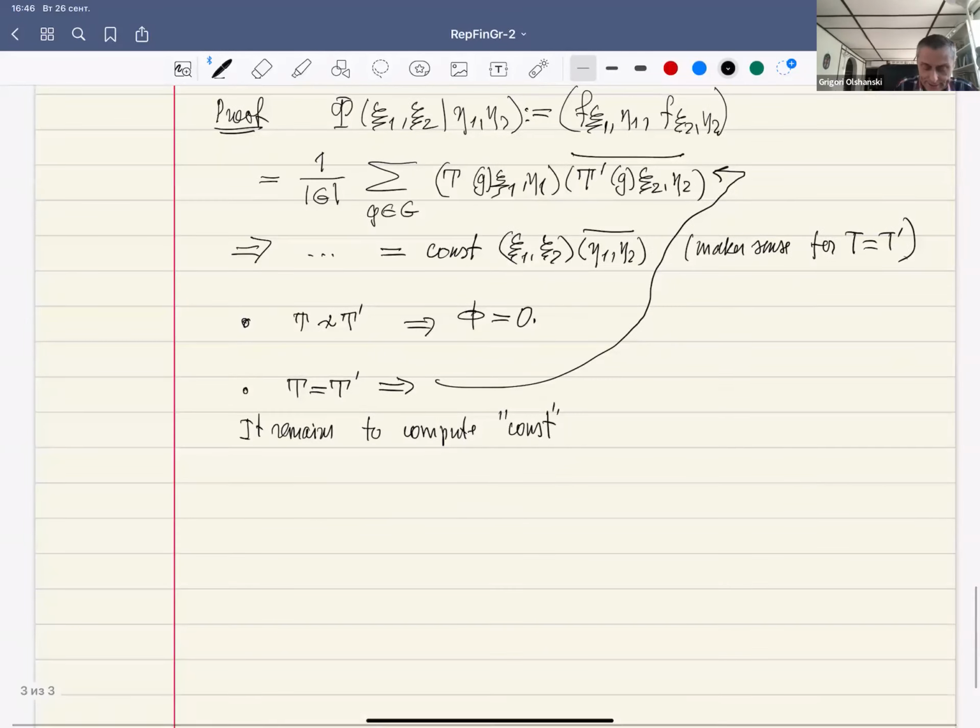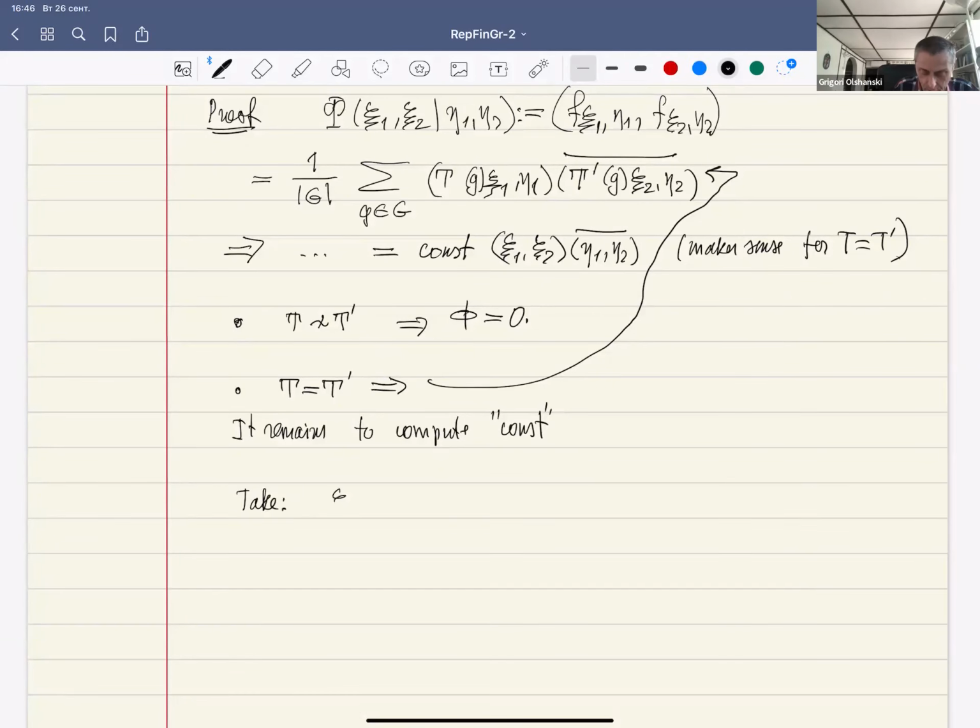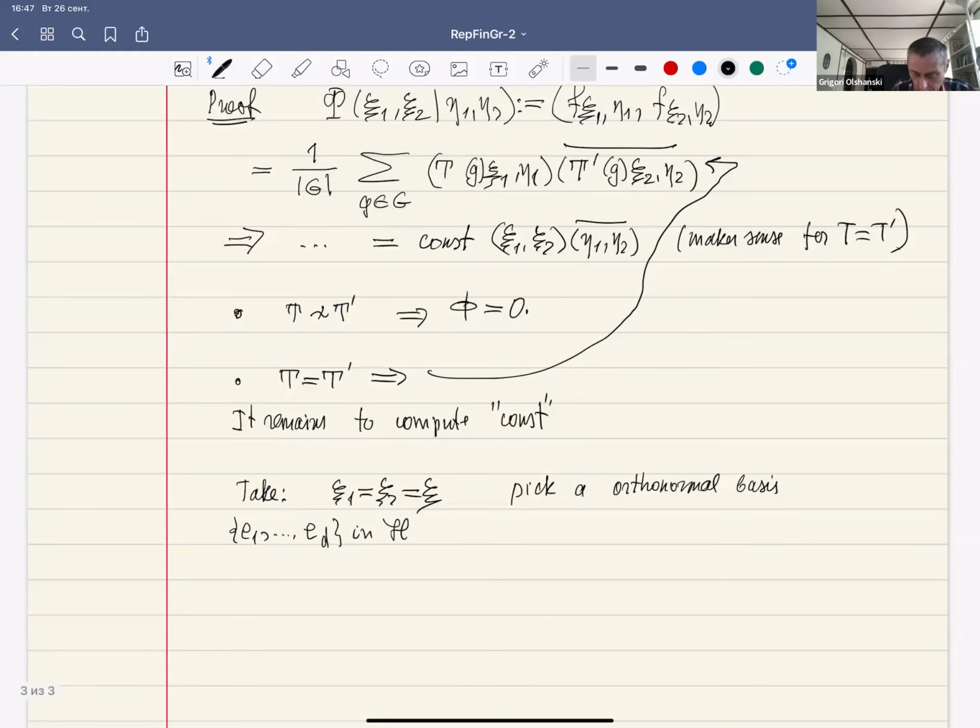To do that, let's take psi1 equal to psi2 equal to some vector psi, and pick an orthonormal basis in H, and take E1 equal to E2 equal to one of these basis vectors, and then sum